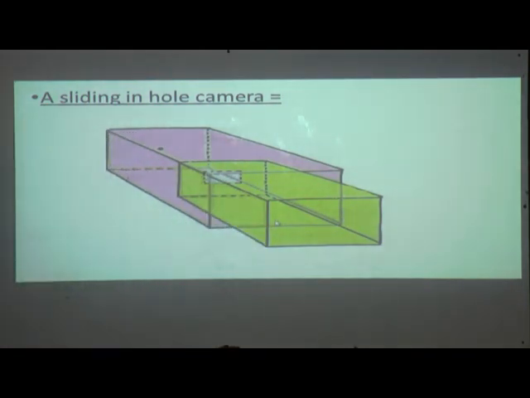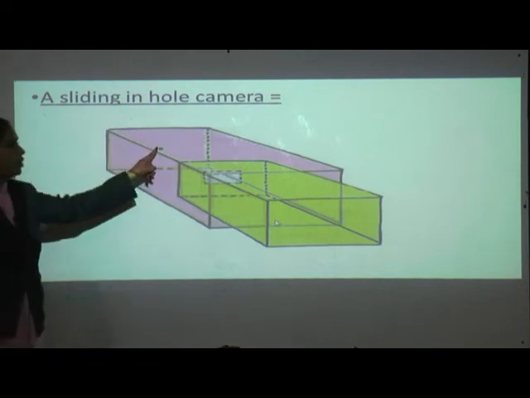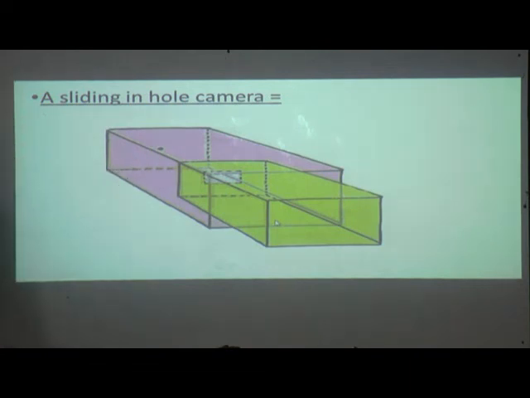Okay, now on the opposite face of the larger box, make a small hole in the middle. See here, make a small hole in the middle. Okay, now in the smaller box, cut out from the middle a square with a side of about 5 to 6 centimeter.